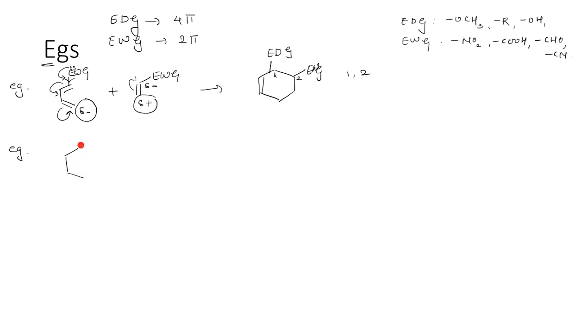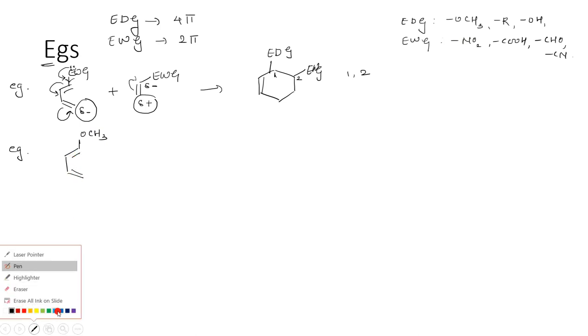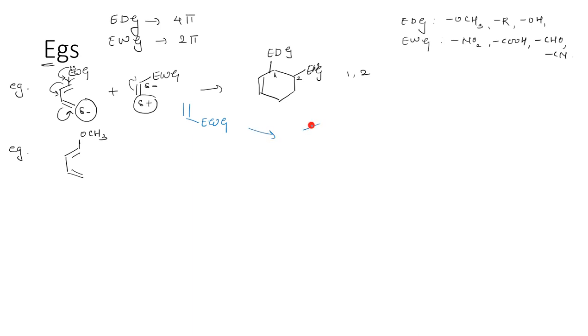For example, suppose you have OCH3 over here. Why I'm telling you this is because sometimes the same structure could be written this way. So you could have written the reaction like this also. It is not about how we write the structure, it is about the concept of electron withdrawing and electron donating. So this is absolutely wrong. Or if it is formed, it will be in very small quantity, a minor product. But this is always going to be your product.